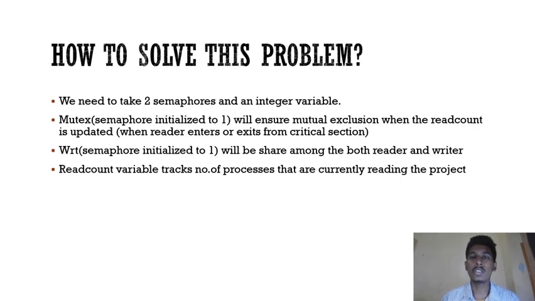So how to solve this problem? For solving this problem, we take two semaphores and an integer variable. The first semaphore is mutex. We all know what mutex is. It is used to ensure mutual exclusion. We also have a read count variable. We will see what the read count variable is. So mutex will ensure the mutual exclusion when readers